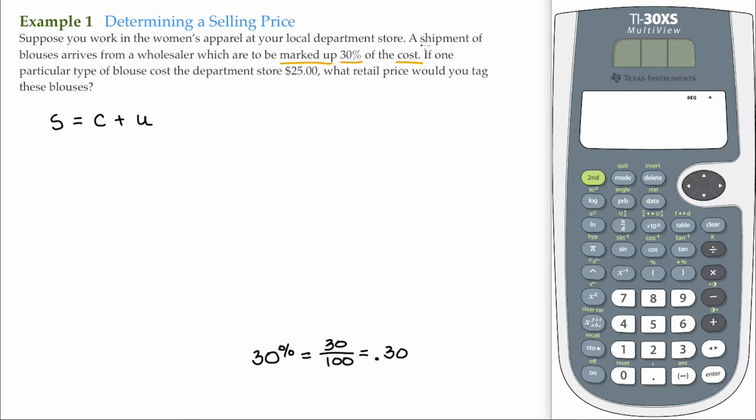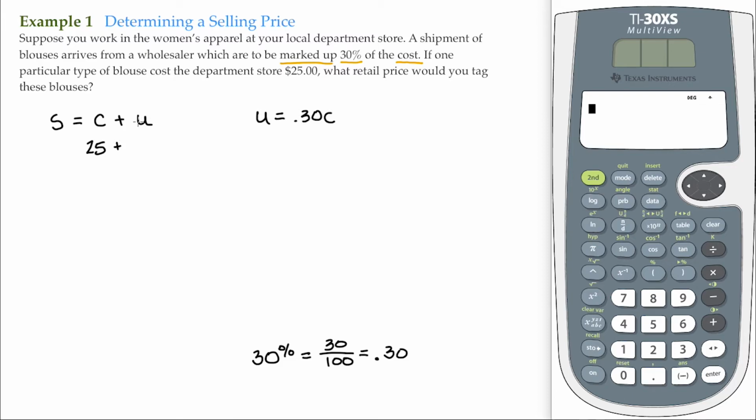So as we read this again, a shipment of blouses arrives from a wholesaler, which are to be marked up 30% of the cost. So the markup, that's U, is going to be 30% of the cost. So you take 30% and multiply it by the cost. So we have markup is equal to 30% of the cost. If one particular type of blouse costs the department store $25, what retail price would you tag these blouses? So the cost right here, that's $25. So I'm going to put in the cost of $25 right here,